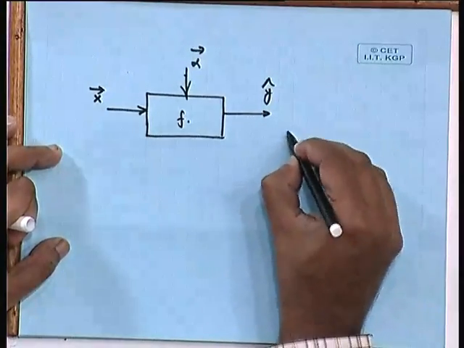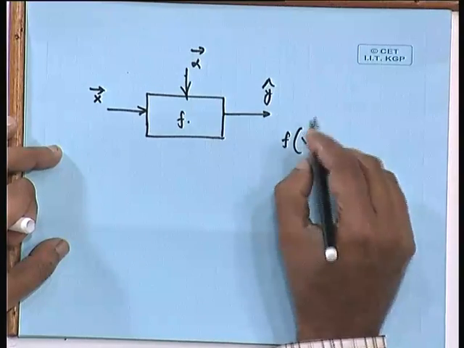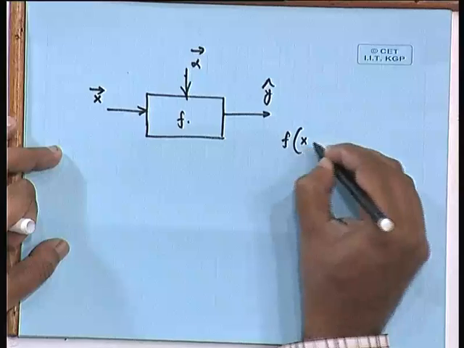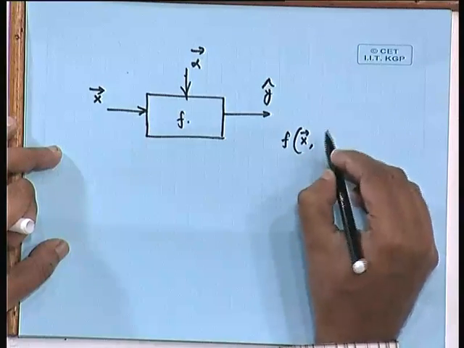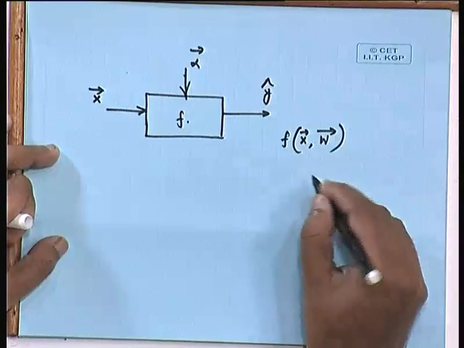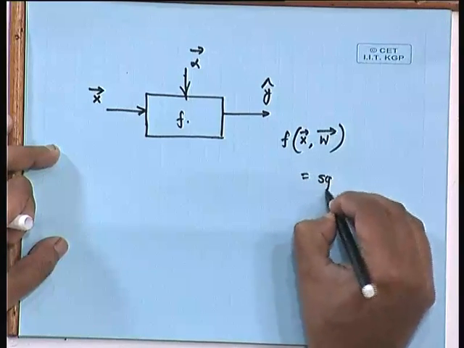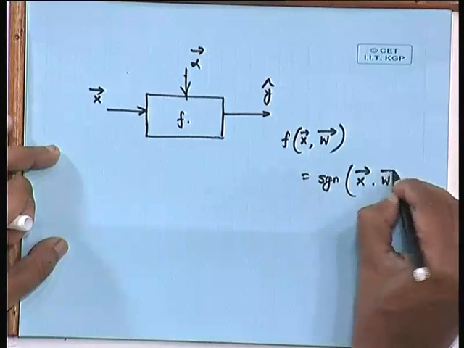The function f that we are going to realize is defined as follows: f as a function of x vector and w vector, we can indicate as the signum function of x vector dot w vector,